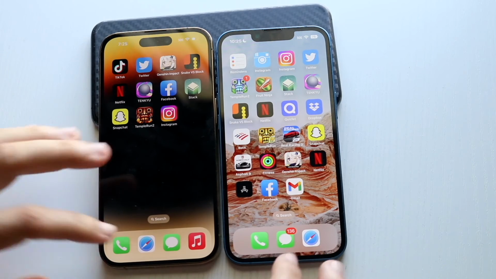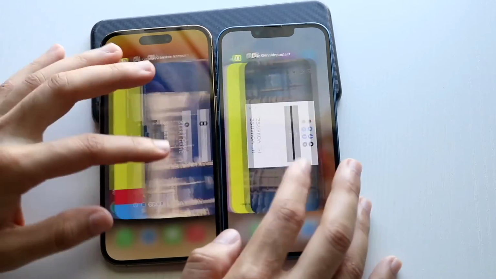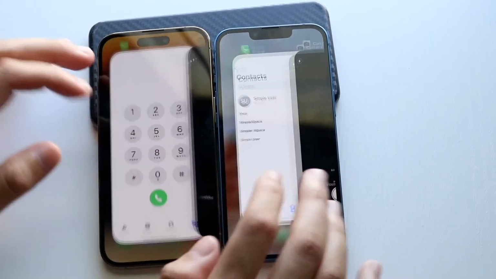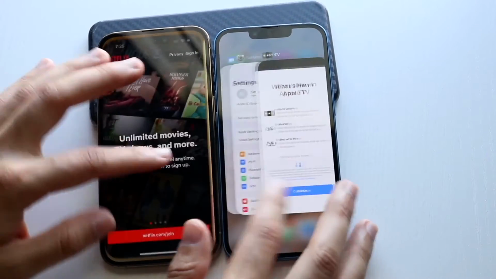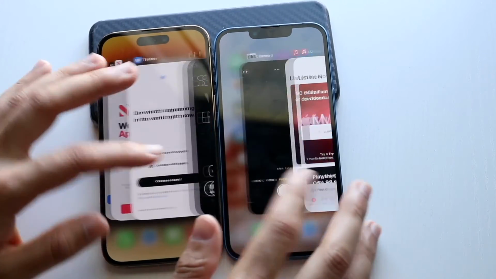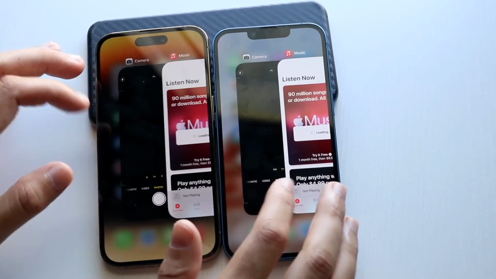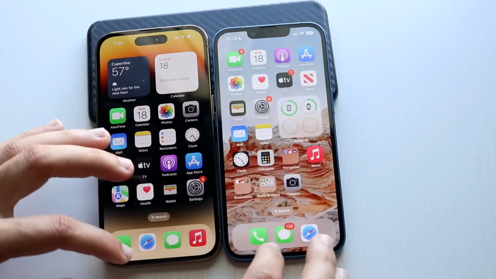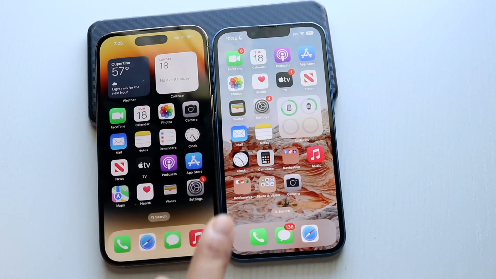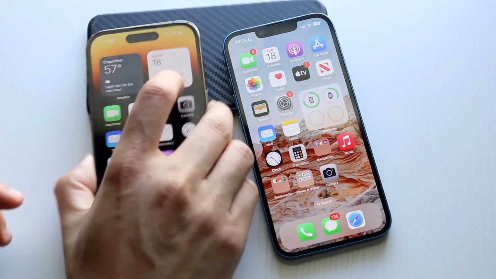So in terms of the app opening speeds and everything, I think the 14 Pro is consistently faster. Because you're also getting more RAM than the iPhone 13, it should also give you a better RAM experience too, which I'm really happy to report. So in terms of that, even there with the 13, it was a little bit of a glitch, but it's totally okay. Now in terms of the actual camera,